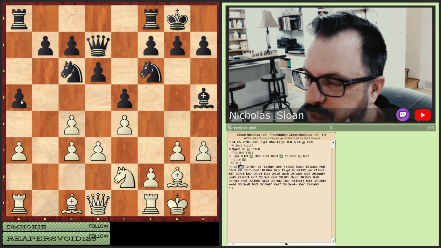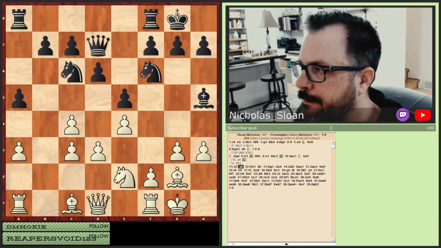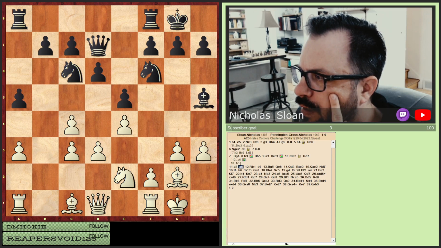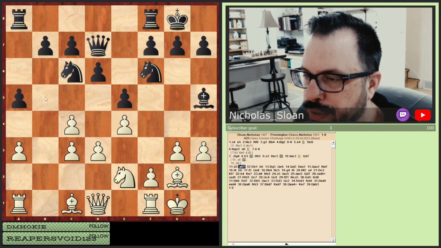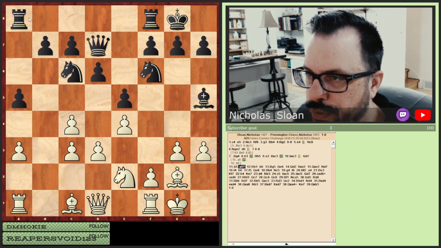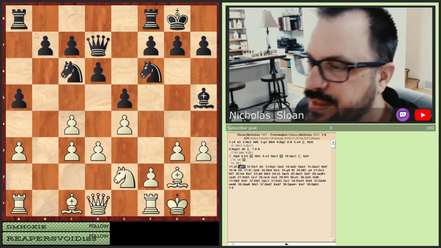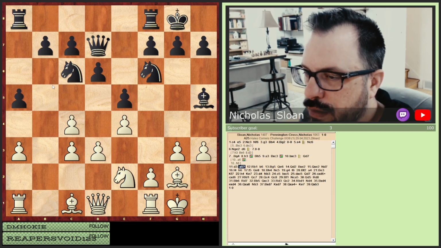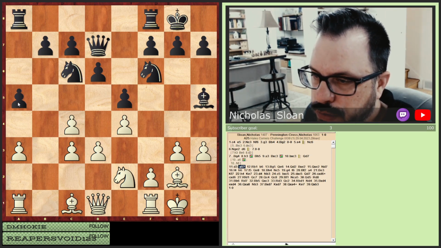So this to me was a mistake. And I'll mark it as a question mark, because I don't think you should allow that. A6 was probably better with the idea of b4 after maybe one of the rook to b8. That's typically the best plan in these types of things, but he might be thinking, okay, I'm going to try